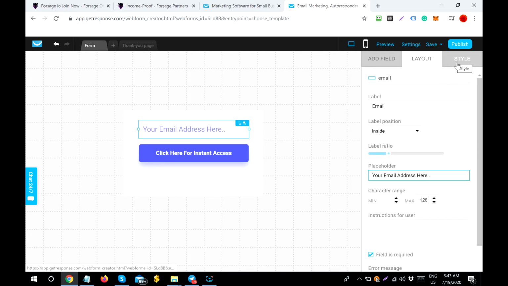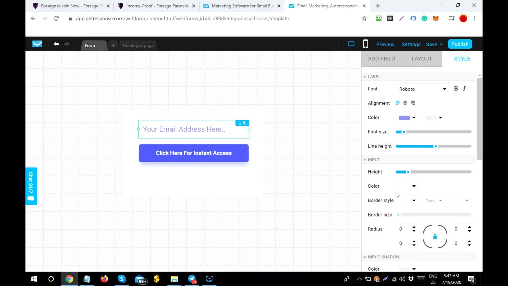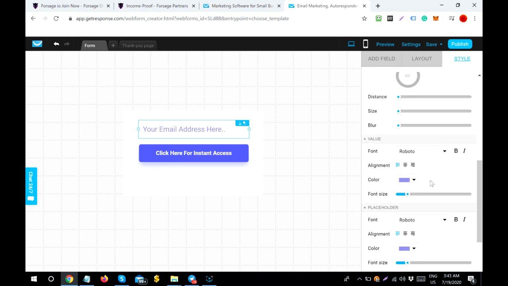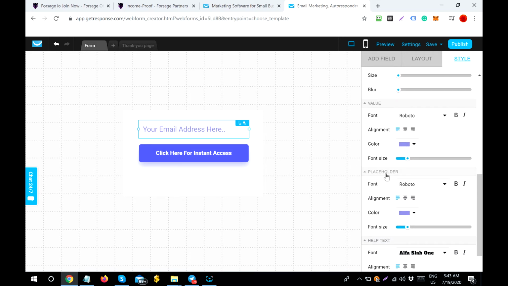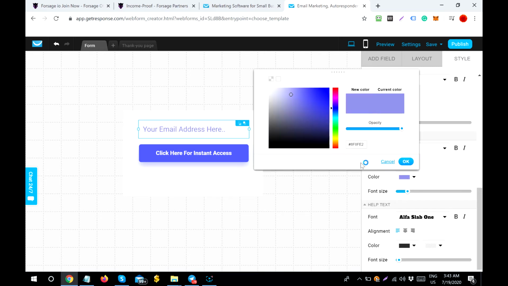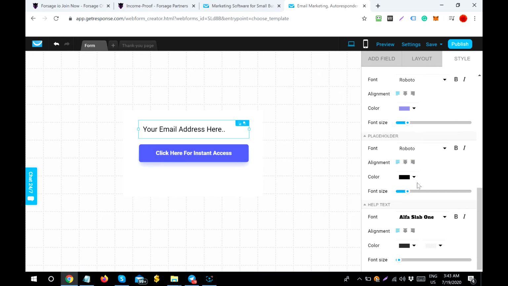You just need to go to the style again, and we need to add some background to this button. To make it happen, we go in style, go a little bit down, and you see the option here, the placeholder. So the first thing, maybe you can change the color of the inside fonts. We'll use black because it goes well with it. And the second thing, you can just crop a bit.